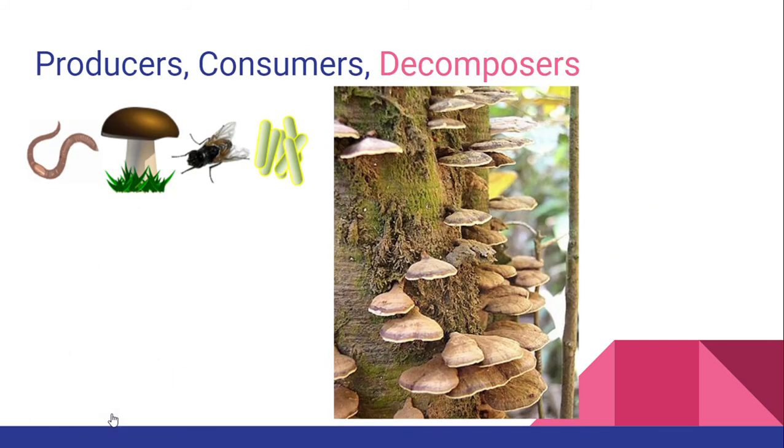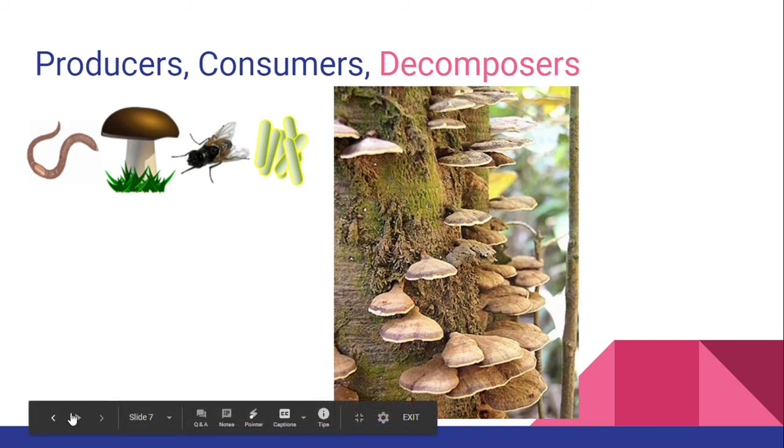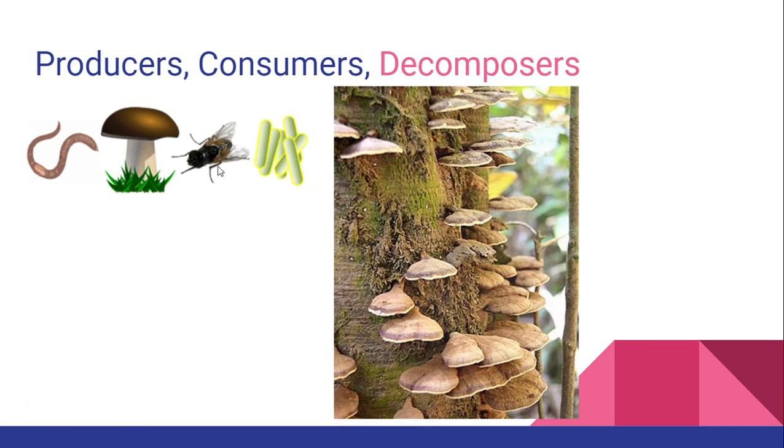Now we have finished talking about producers, which are plants, and they make their energy through the sun, water, and the air. And we've talked about consumers and how there are 3 types, and they're each grouped upon where they get their energy from. But now we're going to finish up with the last section of living organisms that we see in ecosystems,